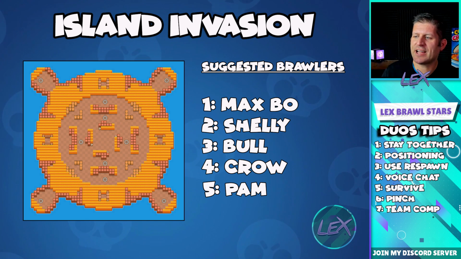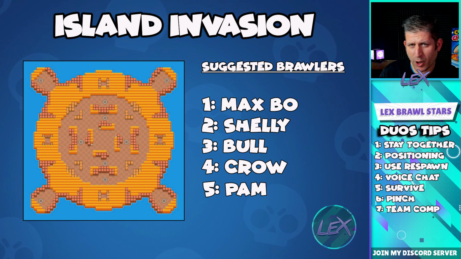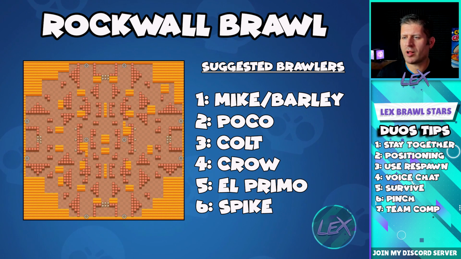There you go. Other than that, Shelly, Bull, Crow, Pam. Crow works really well as kind of like a pseudo Max Bow because if you get those poisons ticking, you'll be able to see where the brawlers are. And Pam's the same way because she has such a wide shot fan that she can tag brawlers that are hiding. Rockwell Brawl, you're going to see a lot of throwers here as well,